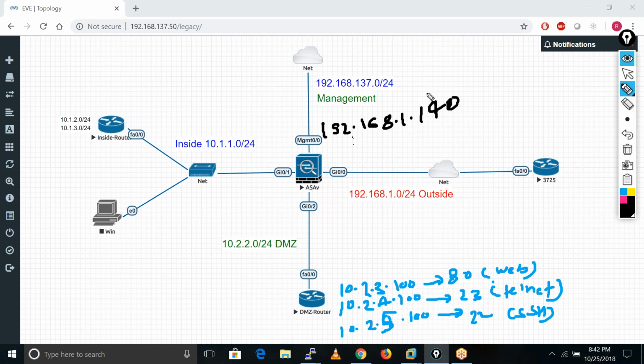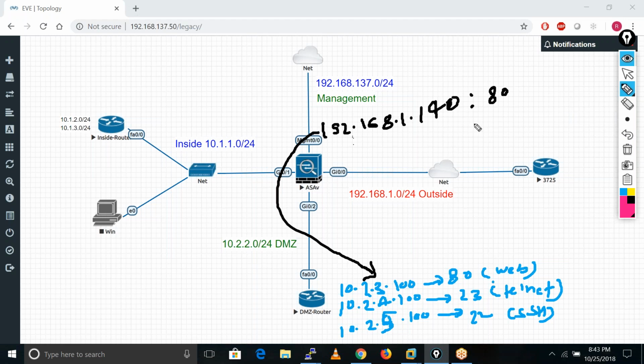This is the public IP which we get from the ISP. When our ASA firewall receives any request on this IP address and the port number is 80, what does our firewall do? It just sends this request to this server, 10.2.0.100.